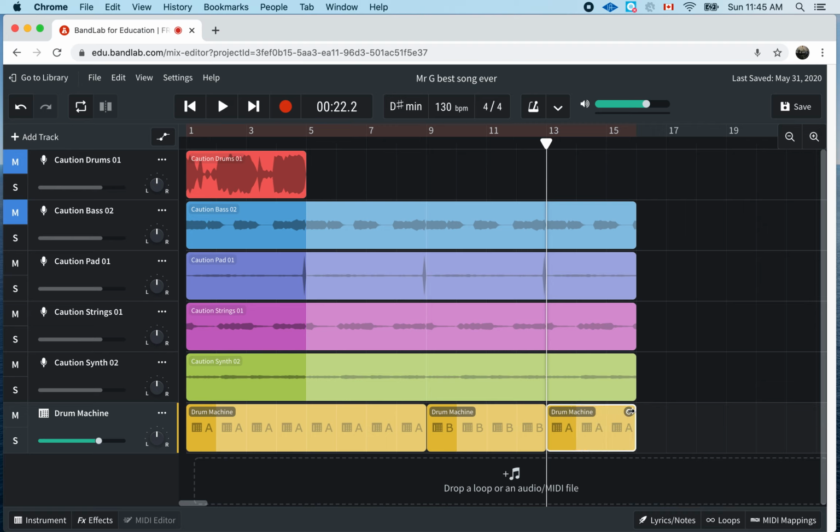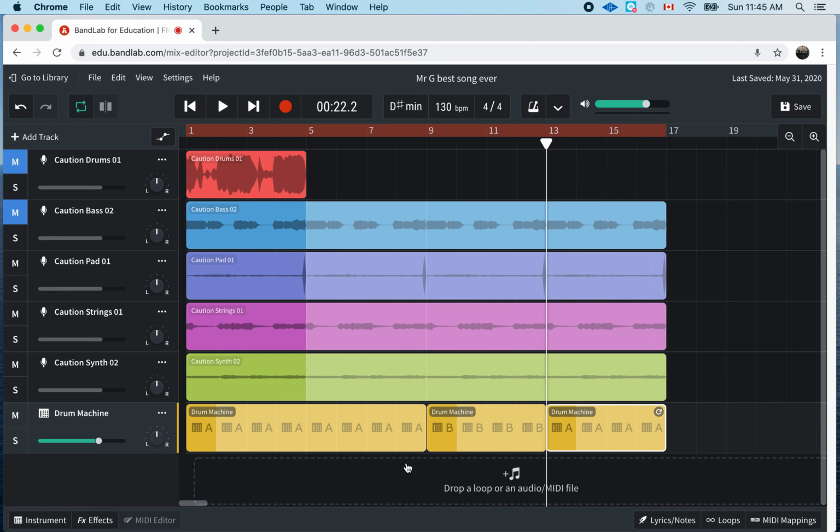2, 3. Oops. And you notice I made a mistake. If I really wanted this to cycle 16, I didn't even put it all the way up to the end of 16. So I made a boo-boo. Put these here, there. And over here, and I'll press cycle. So cycle over here. I'll make sure that my cycle thing is all the way to the end of bar 16, and let's hear